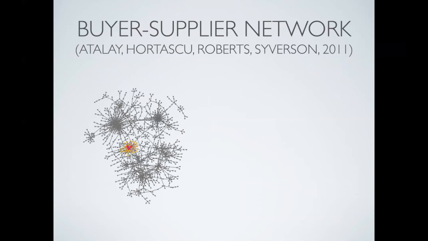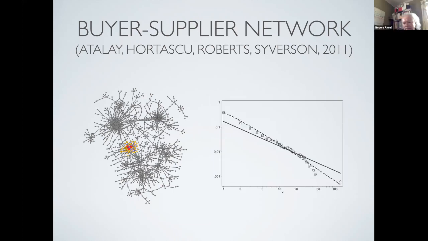Networks. Increasingly, we have good data on buyer-supplier networks, which firms are buying from which other firms. This is a picture from a paper in PNAS; this is not my work. The red refers to the 3 big auto companies in America. The yellow refer to their suppliers, and then those companies have suppliers which are shown in the network, et cetera. This is among the Fortune 1,000 biggest companies in America. This is a buyer-supplier network, and this graph has a power law degree distribution.